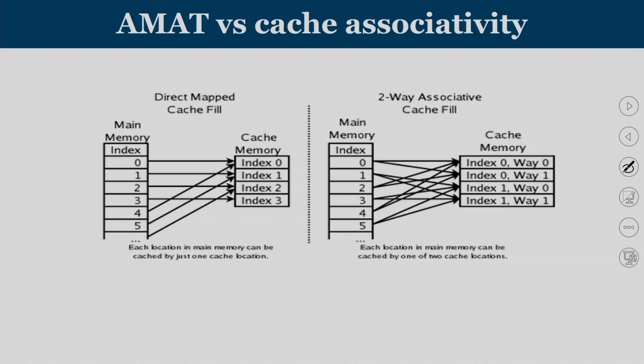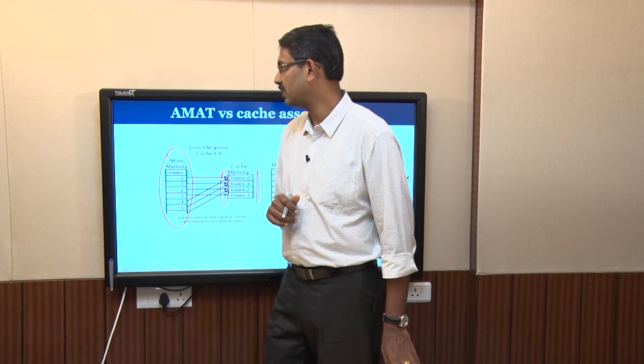Now this is a case where, when you are having a direct mapped cache, your entire main memory, for example, you assume you have a cache memory with 4 blocks, has to be mapped to one among these 4. When you are going for a two-way associative cache, these 4 blocks are reorganized into index 0 and index 1. So you are trying to keep your data anywhere in way 0 or way 1 of the same index. So this gives you less eviction and a reduction in conflict misses.